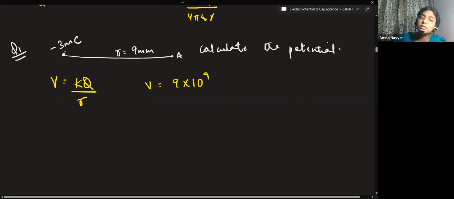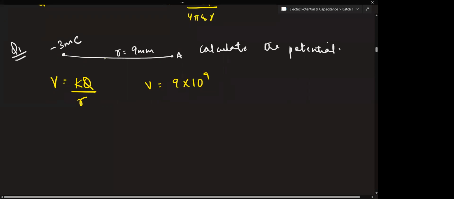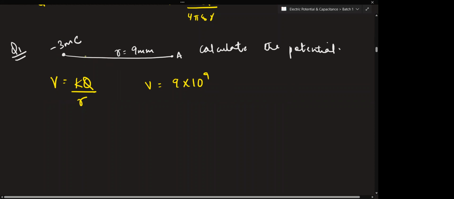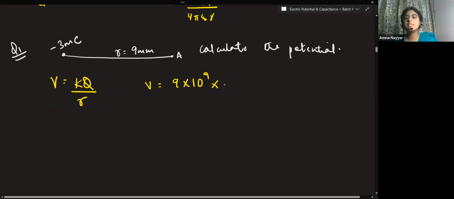Just look at the SI unit. Minus 3 into 10 to the power of minus 6? Millicoulomb, not microcoulomb. So this is minus 3 into 10 to the power minus 3. Minus 3 millicoulombs divided by